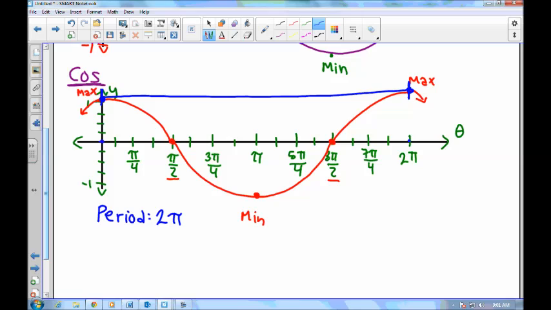Now the amplitude is the other one we're going to focus on. Remember, amplitude is the mountain height or the valley depth. And it's really nice when it's oscillating around the x-axis, because you can just look at the maximum and minimum values. For instance, here's a valley. How low does that go? -1. So how high does this mountain go? 1. So the amplitude is the positive form, the absolute value. So in this case, our amplitude is 1,